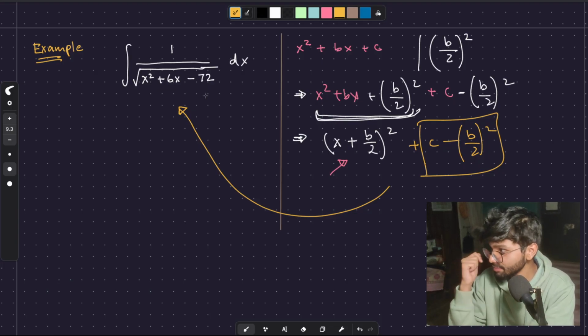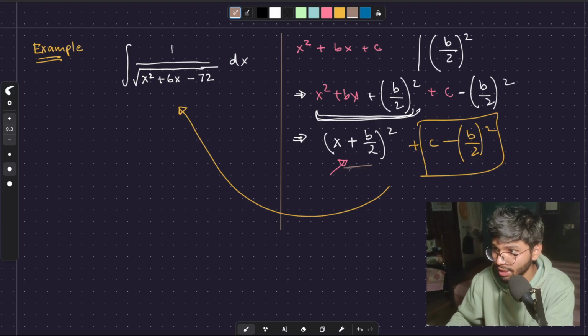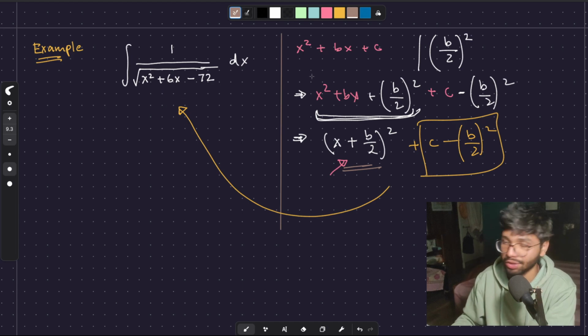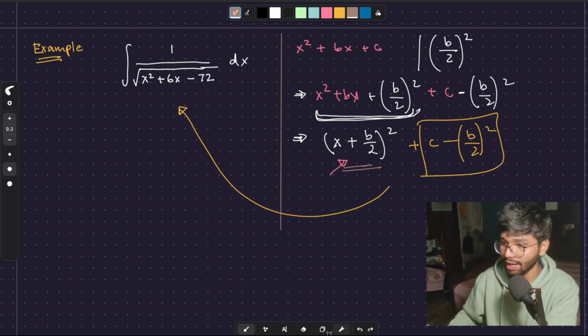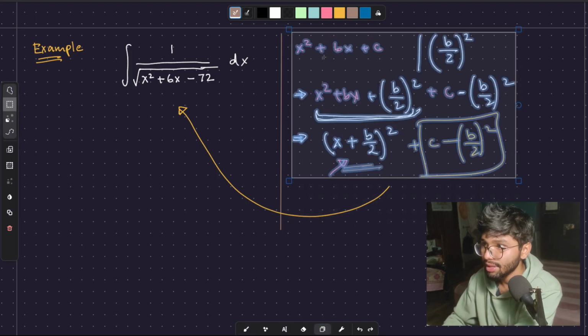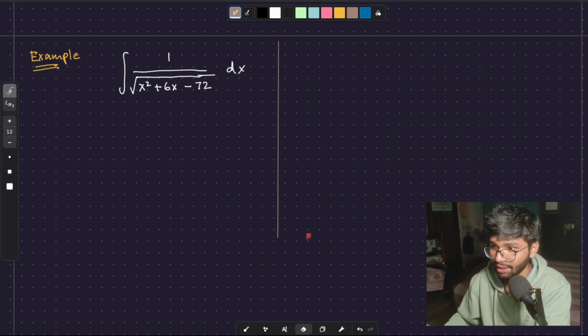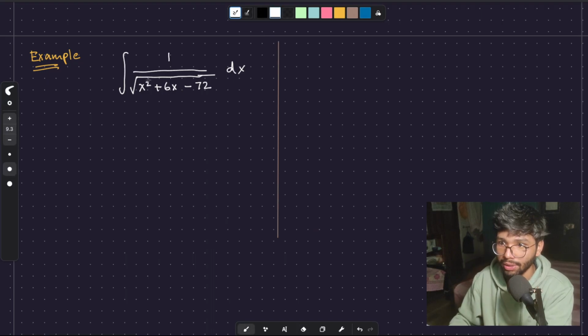So great. We will be able to just use a u sub for this one and find the integrand for this problem. So let us just try doing that. I'm gonna wipe this because we don't need that right now. Let's try doing this for